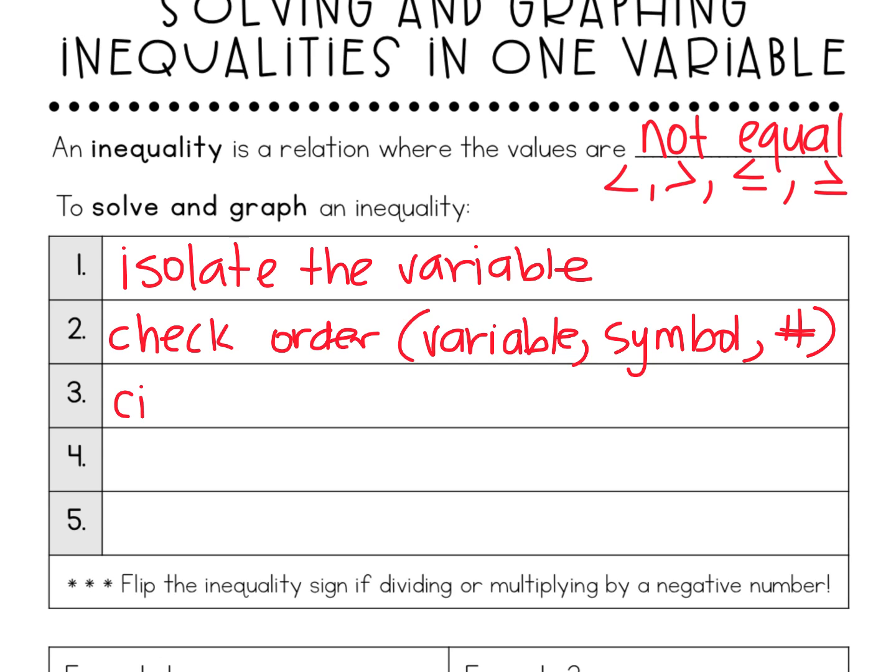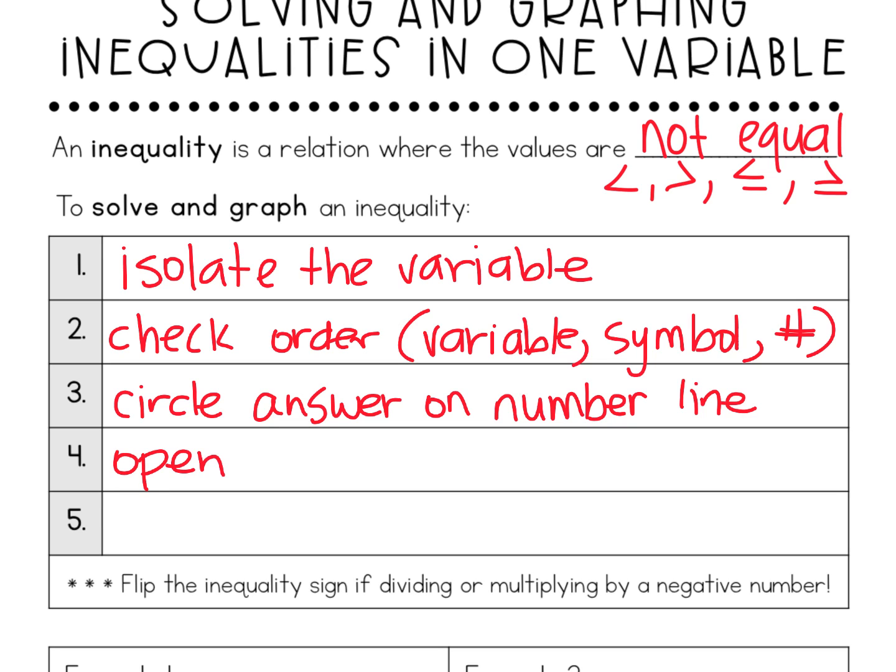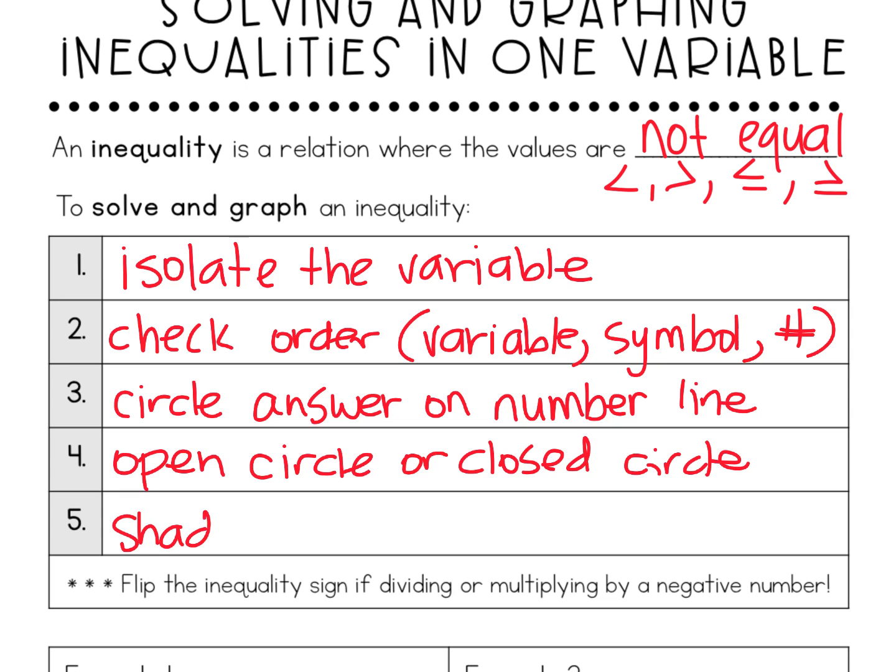Third, you'll circle your answer on the number line. Next, you will need to decide if you need an open circle or a closed circle. And then last, you would shade the appropriate side. Okay, so one thing that I didn't put on these notes that you might want to make note of,